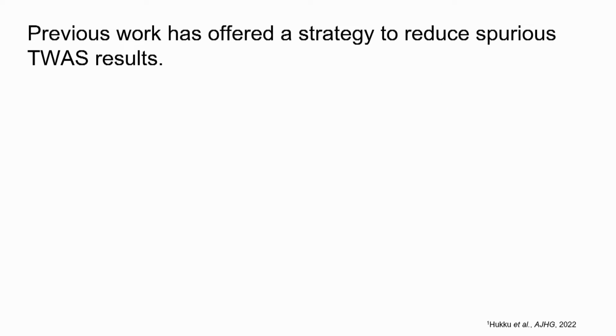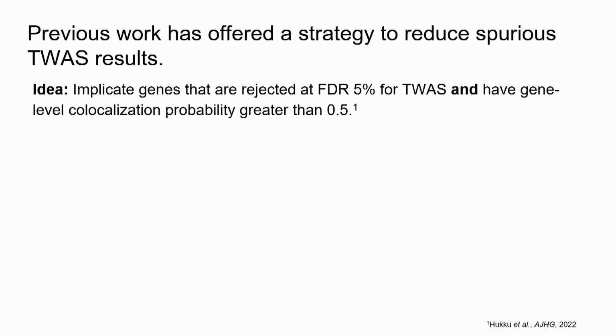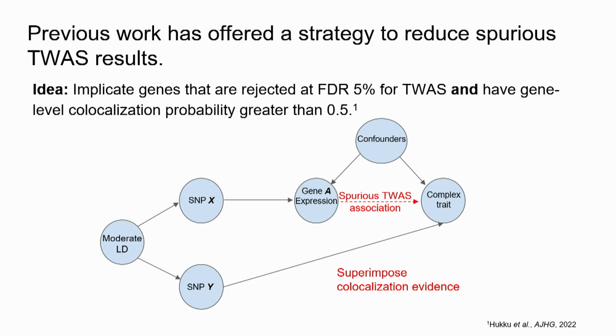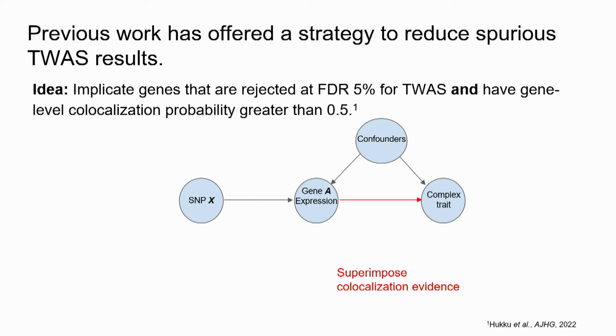Going off of that, this previous work offered a strategy to try to reduce these spurious TWAS results. The idea here was to basically filter your TWAS results using a colocalization probability threshold. So the idea, graphically, is to superimpose colocalization evidence, and hopefully that'll get rid of cases of spurious results, where you don't have a true causal effect from your gene to your trait, and hopefully you'll just be left with your true scenarios where there is an effect. The major drawback of this approach is that it's pretty ad hoc, and you lose your uncertainty quantification in your